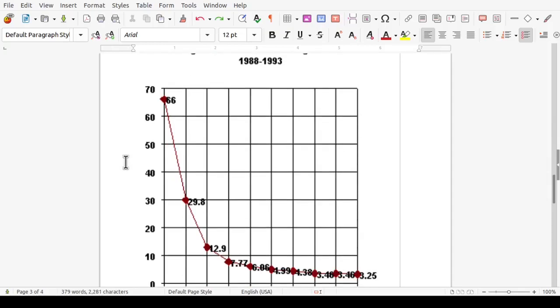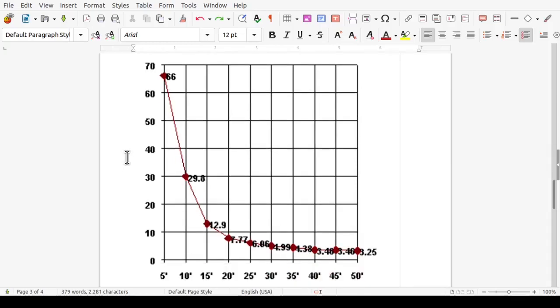And that's why we use these other people's work, as in this chart here, which reveals for a 5-foot length of rod, which is to say it's buried 5 feet deep, it exhibits 66 ohms of resistance to earth